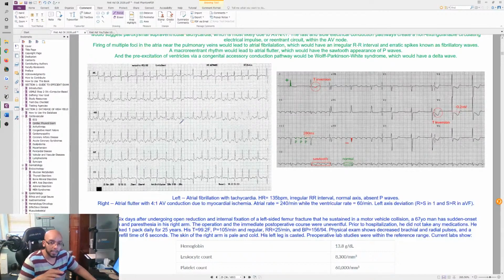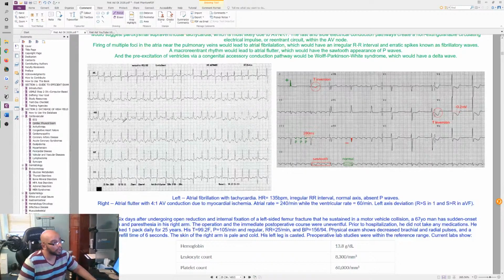The baseline is kind of messed up, okay? Generally speaking, you want to see a good baseline, right? But we do not see a good baseline. Some of them are going up, some of them are moving down. On top of that, the R's are very close to each other, within 2 boxes, sometimes 3. Like here again, within 2 boxes. So this is a pretty high heart rate, and this is just showing you atrial fibrillation because you can't